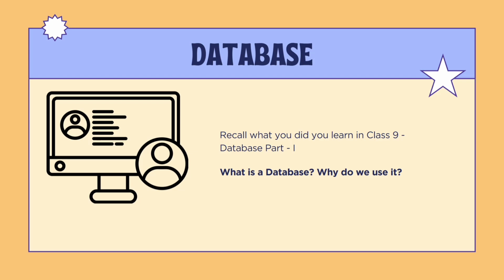When we collect information in a systematic way, suppose I am collecting student details in a table like roll number, name, class, marks, etc., then it will be called a database. There are different kinds of database you have learned in Class 9: RDBMS, DBMS, then flat database. So here we are going to learn about RDBMS. Inside RDBMS, MySQL is there, which is an open source database application, and we are going to learn about MySQL